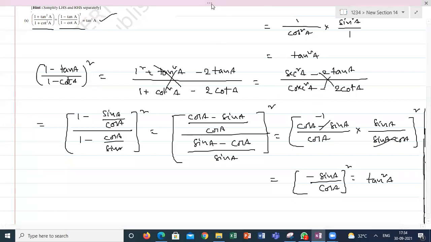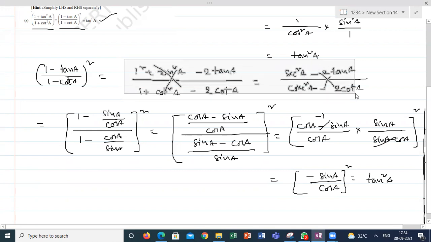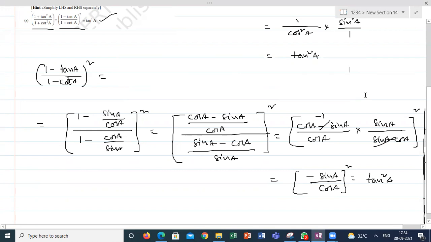So both the expressions I am proving as tan only. You can do this method, but it will be a very long method. You have to understand what is the difficulty if you expand. That's the reason I am avoiding expanding, because I want everything into sin and cos, then whatever the final expression, I am making as a single expression. But if I am expanding, it is going into secants and cosecants, and converting secant and cosecant is a little tough. That's the reason our aim is converting everything into tan or cot, because reciprocal of cot is only tan. So inside the bracket I am converting sin and cos, after that I am simplifying.